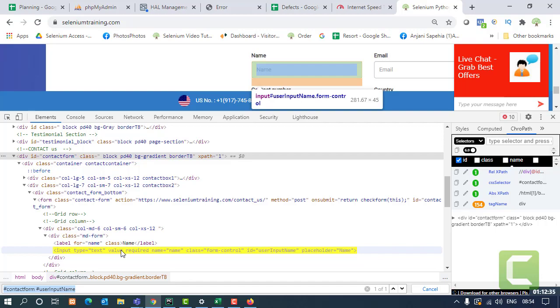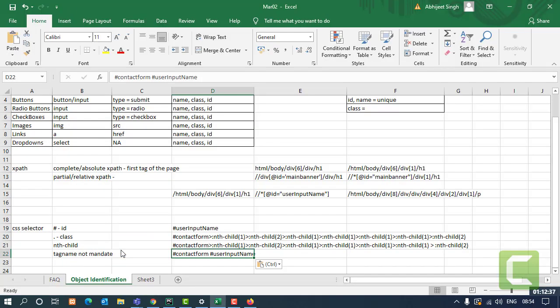This is a kind of smart feature of CSS selector, that you can skip all the hierarchy thing and just put space. But unnecessary space is still not allowed. So make sure wherever you are using space in CSS selector, that it's at the correct place.